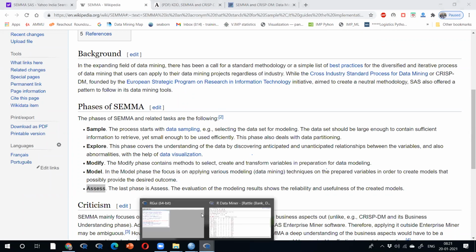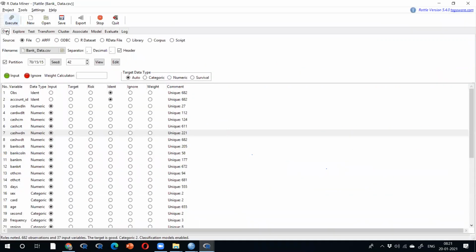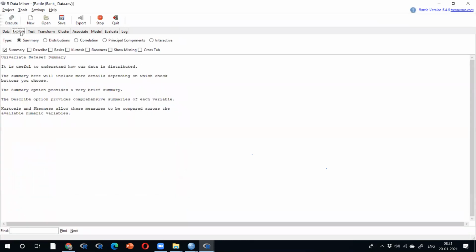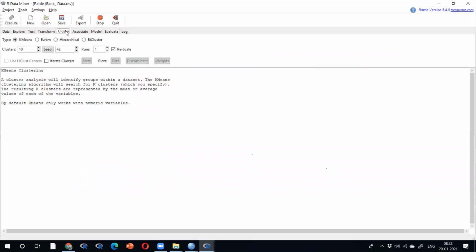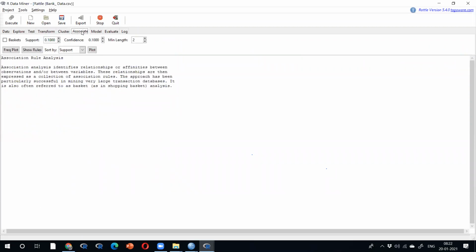The same process is available here. Check it. Access the data, explore the data, transform the data. After testing, while you're transforming, then model the data. Cluster, association, model are there. Model is supervised learning. Cluster is unsupervised learning. Association is semi-supervised learning.